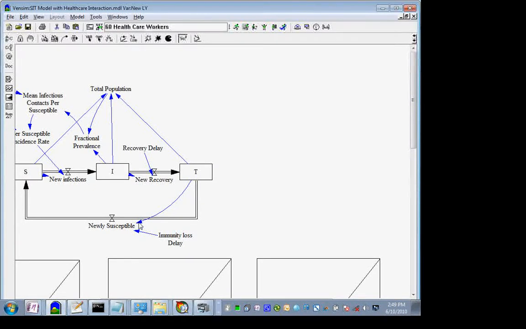Why doesn't that make sense? Why would it make sense for the stock and a flow to have the same unit? So I say this is in persons and this is in persons. Okay, it is a rate, but